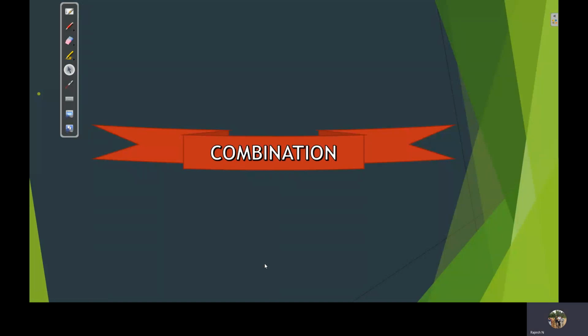So good morning. We discussed permutation. What is permutation? Permutation is an arrangement, and we have studied a lot of formulas about permutation. nPr is equal to what? nPr is equal to n factorial by (n minus r) factorial when repetition is not allowed and things are distinct. If repetition is allowed and things are distinct, nPr is equal to n raised to r. And if things are not distinct, then it is n factorial by p1 factorial into p2 factorial into etc. pn factorial. So these are the things.